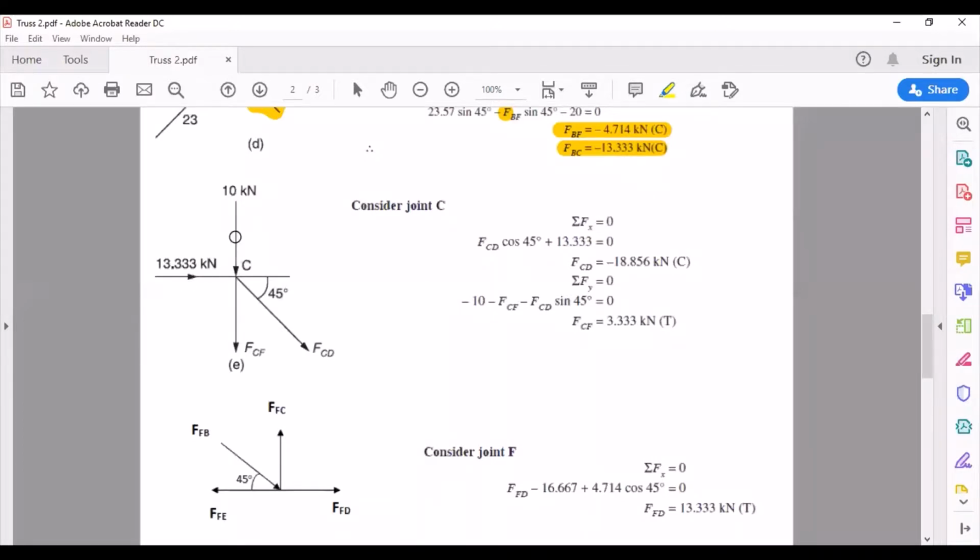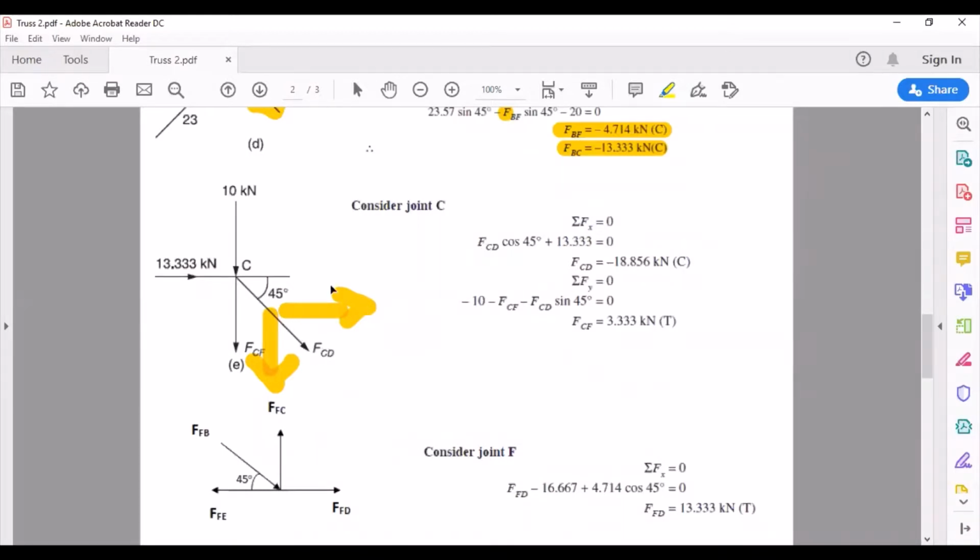So I have a total of 1, 2, 3, 4 forces, in which one is inclined. So the inclined one will be resolved. You will have a downward vertical and a rightward horizontal. So when I solve this, I have 1, 2, 3 verticals and 1, 2 horizontals. Now next, let us take horizontal.